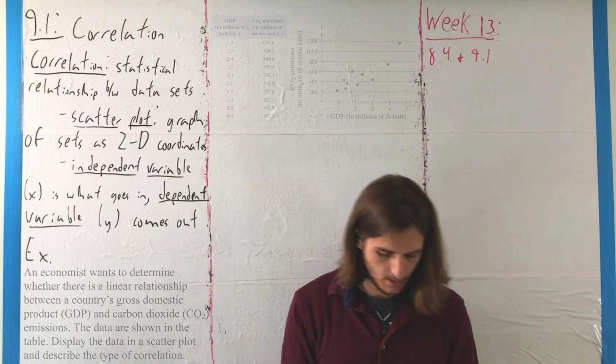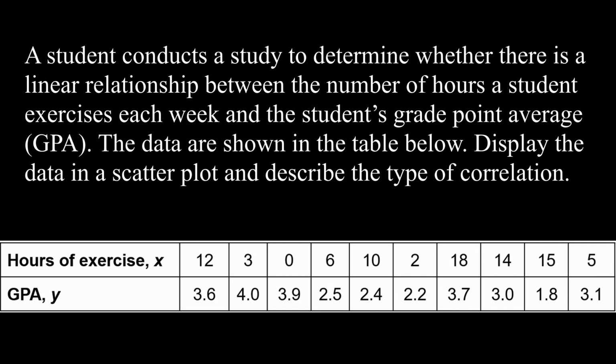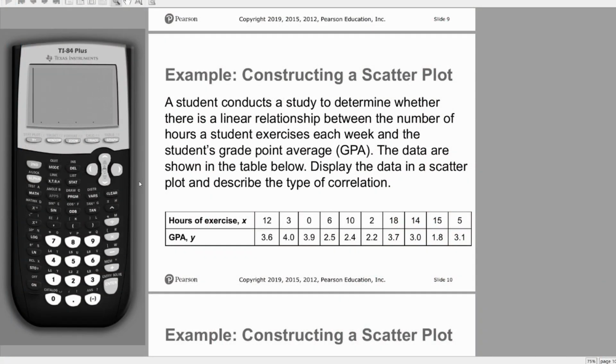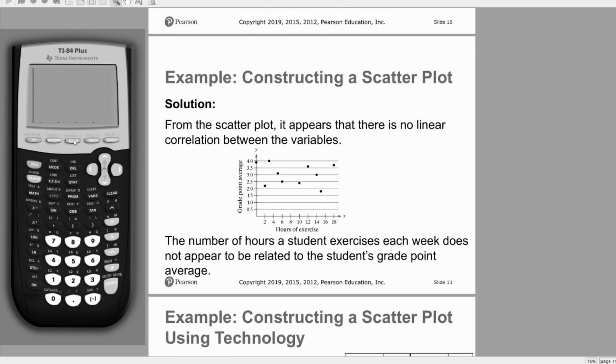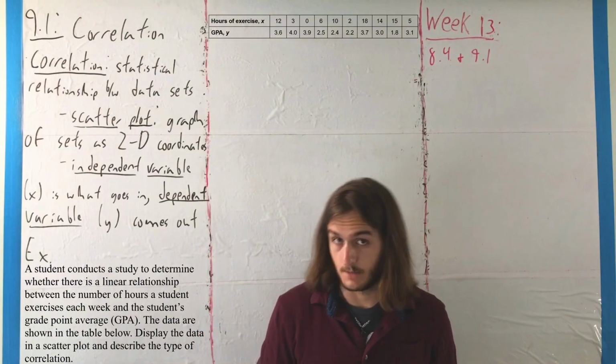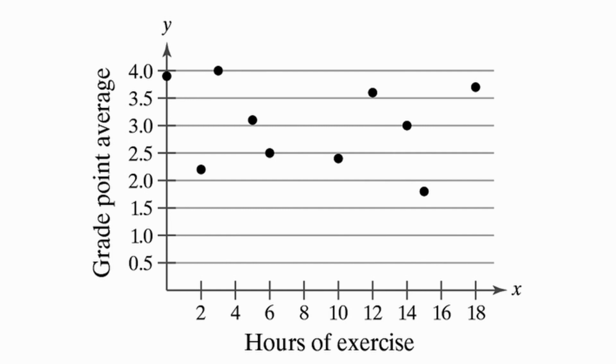On the other hand, for our second example, we have that a student conducts a study to determine whether there is a linear relationship between the number of hours the student exercises each week and their GPA. The data is shown below. Display the data in a scatter plot and describe the type of correlation, should there be a meaningful relationship. In the same way, we can ask our calculator to do this work for us or do it ourselves. If you want to do it by hand, by all means, you're welcome to. It's maybe a good way to get used to how these things come together. But long and short of it is you should get a picture of something like this,